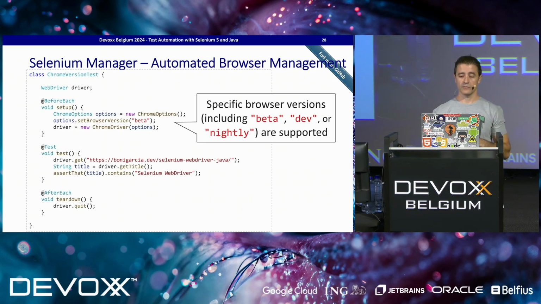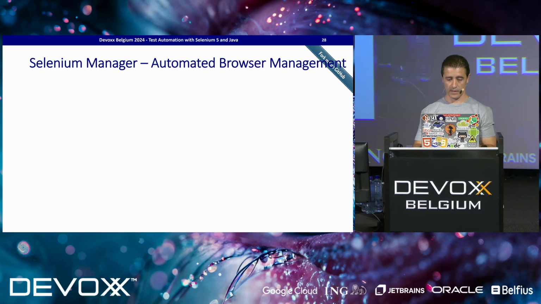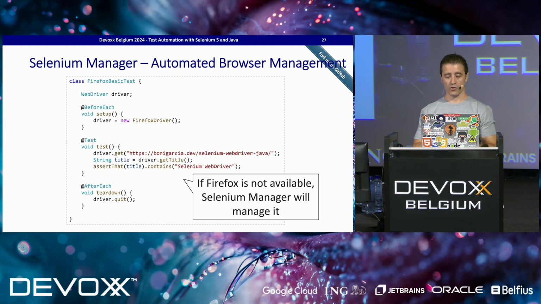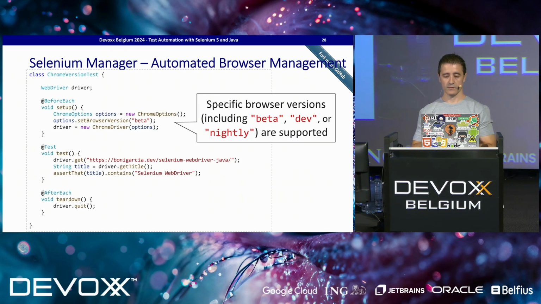In addition to stable versions, because this I didn't mention, but of course we are going to resolve the current stable version of Firefox. In addition to that, Selenium Manager also allows resolving specific browser versions. Imagine you want, I don't know, Chrome 120 for some reason. You want to run some test. Well, you simply specify the browser version using the Java API, for example,